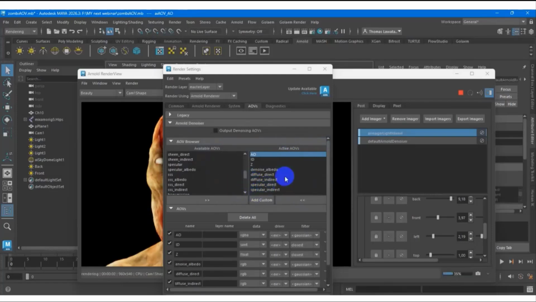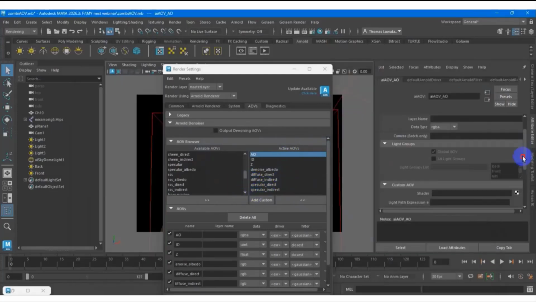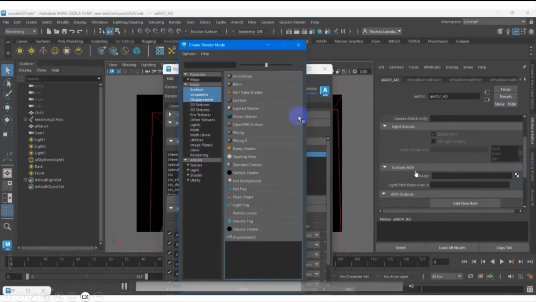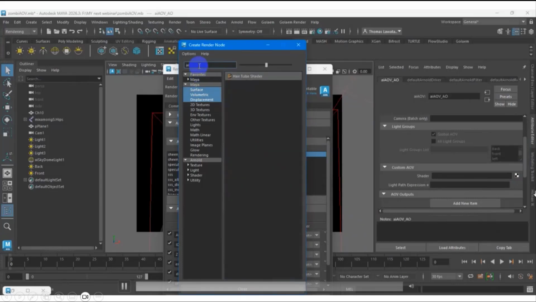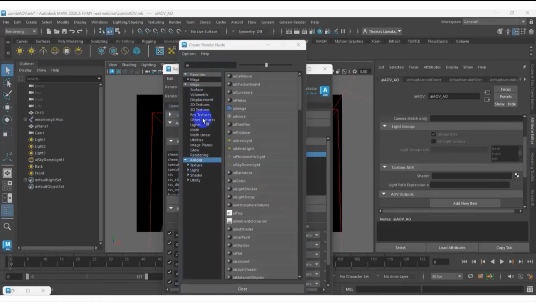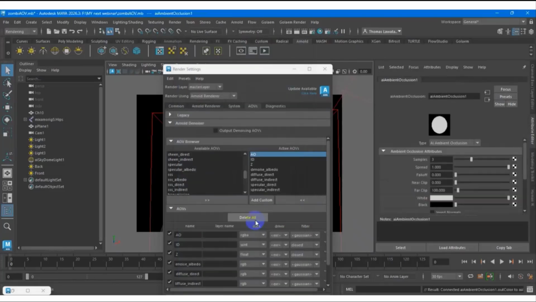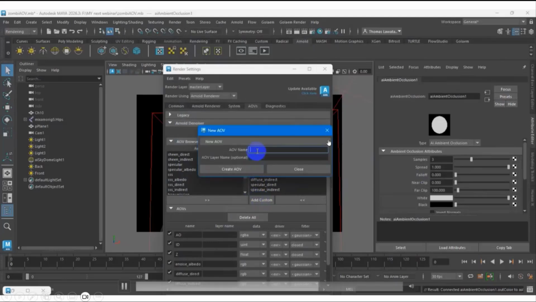Then I go to adjust, because once I choose the AO, we go to shaders and I try to get the Arnold AO. You can go to Arnold, then there is this AO, the ambient occlusion attribute.